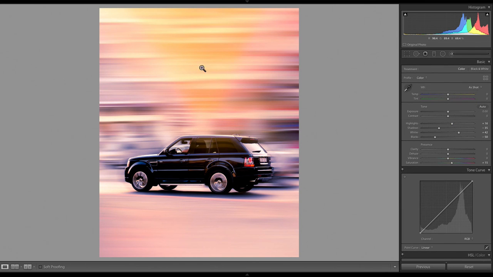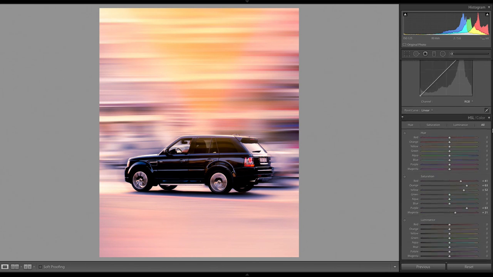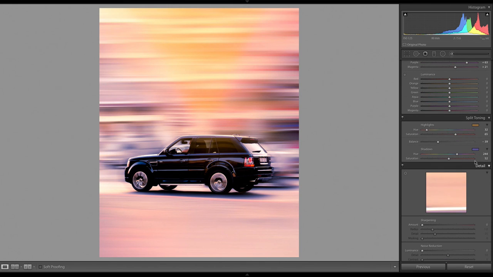So if you do want the background to have a specific, or parts of the image to have a specific split toning effect to it, make sure that you balance that with how you adjust your exposure. All right, so this is just a fun way to edit this photo. We could go completely different with these colors, and it could be something really cool, kind of the opposite. This is sort of, again, another sort of Miami color combination, orange and teal or orange and light blue, a different style of edit, but this is where you can have fun with it.